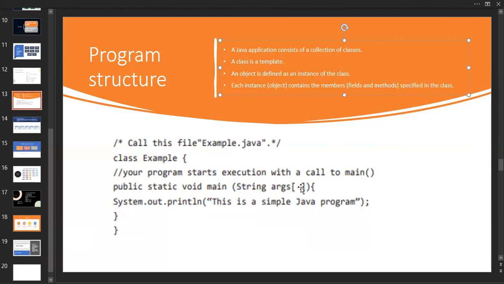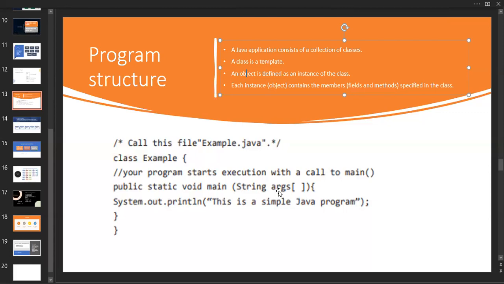If you don't mention anything in between the braces, the compiler doesn't recognize this as a main method, so it must be declared as a string argument in between the braces inside a main method. Okay, don't forget this. Simply I'm saying the main method is recognized by the compiler by using this string argument only.